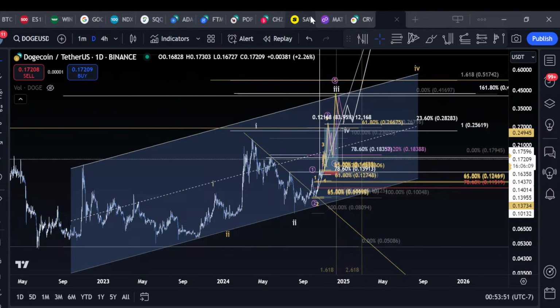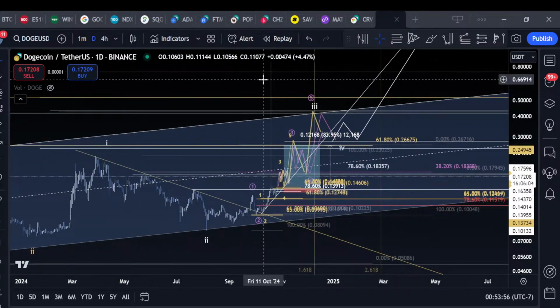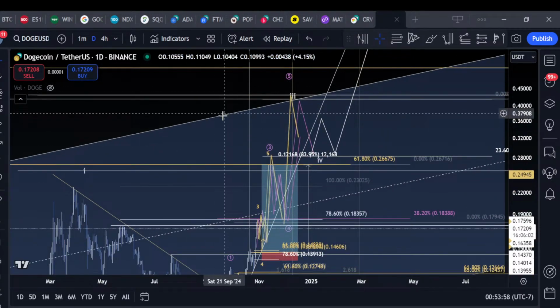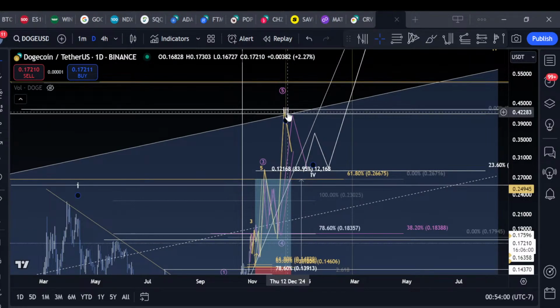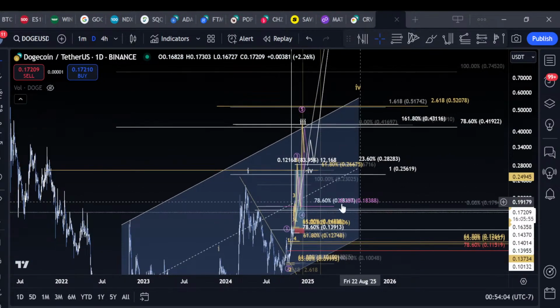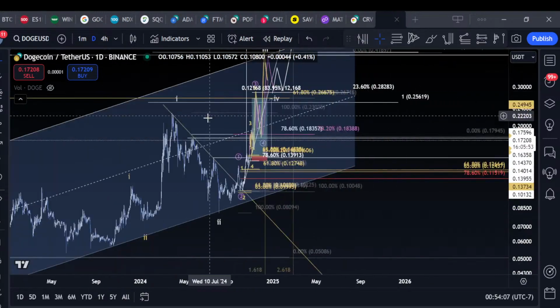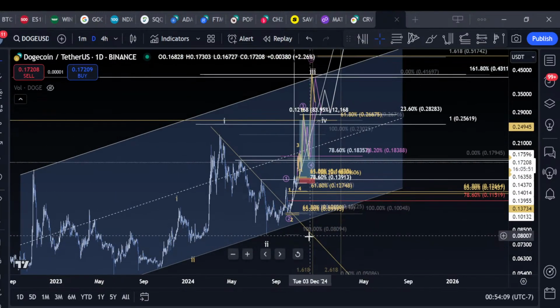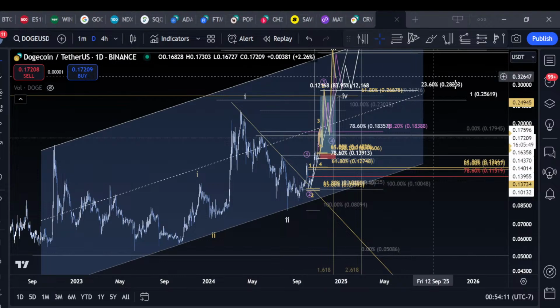We know December can be a big time for major highs. I would be looking probably for a shallower pullback, but a major target around 42 cents into this ascending structure, into the 786, which is also the 168 extension. There's all these things, and I'm looking at this timing confluence, the 1618 fib time confluence.